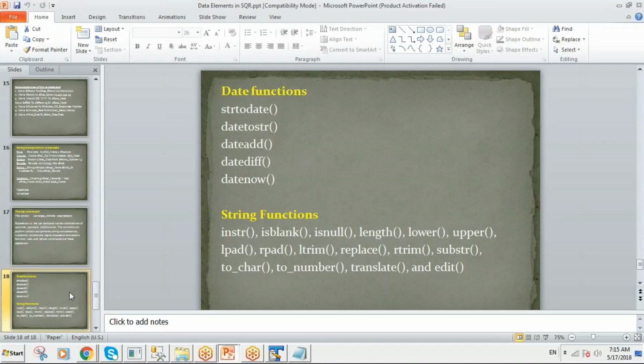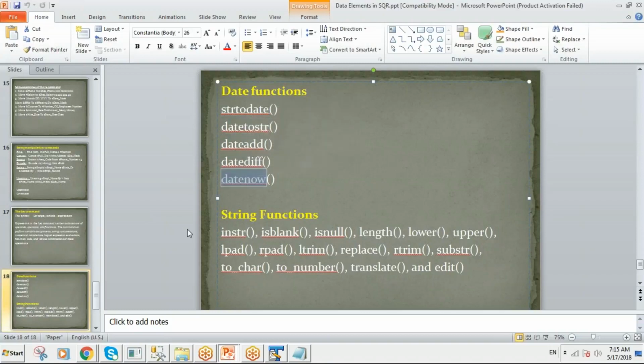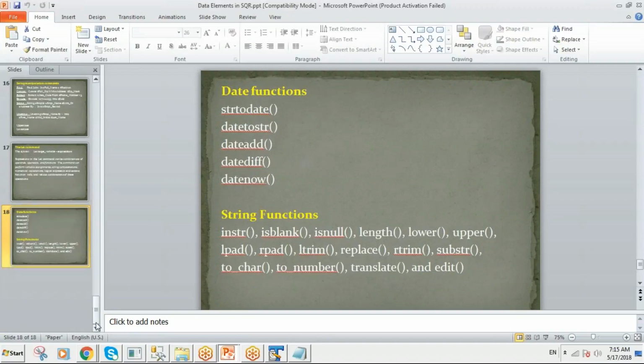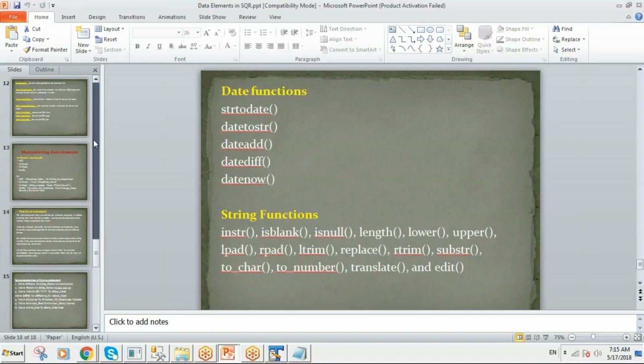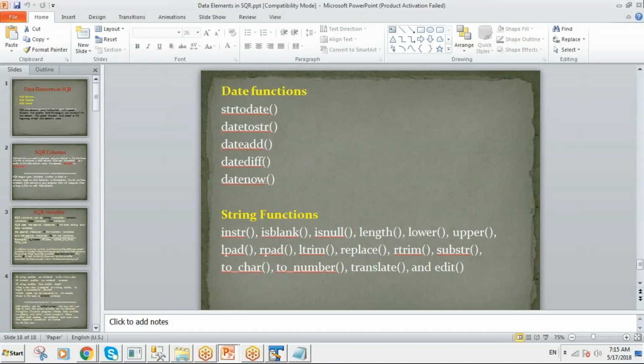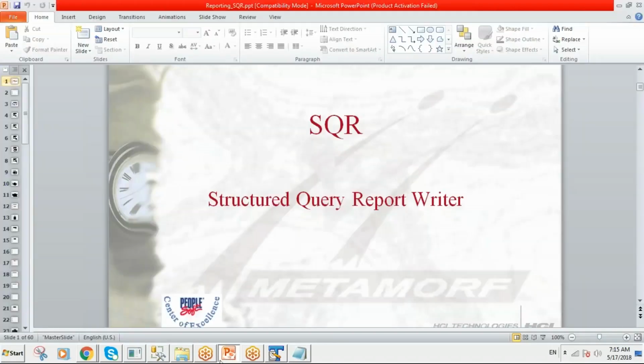Some of the functions: date functions, string to date if you would like to convert. Yes, you can use these functions. Date to string, date add, date difference, date now. String functions: is blank, is null, replace. That means here I listed some of the functions which we may use in our SQR programs. A number of other functions are also there in our SQR PeopleBook, but here I listed some of them. Now coming back to our original PPT,